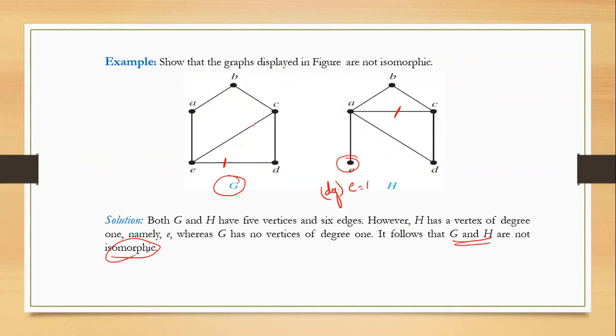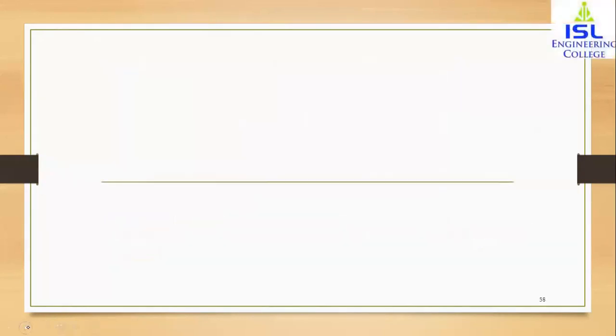Also, apart from that, if even the degree is same, sometimes we may even need to check the path. So basically, whenever we are talking about isomorphism, it is very difficult to check when the vertices and the edges increase in a graph. Now the next thing is connectivity. The next topic is connectivity.